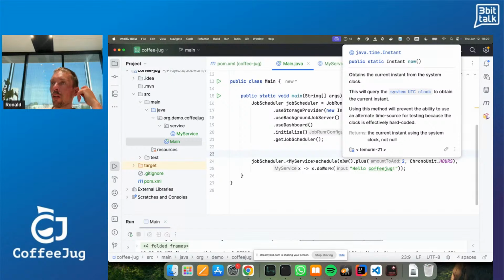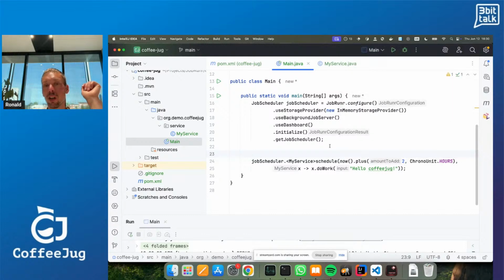And even if you have 10 servers all running your same code because you're in the cloud or you're in Kubernetes or something, and multiple instances are running, well, JobRunner will make sure that only one server will perform that one job. So the job will happen only once. It will not be happening on each and every server.